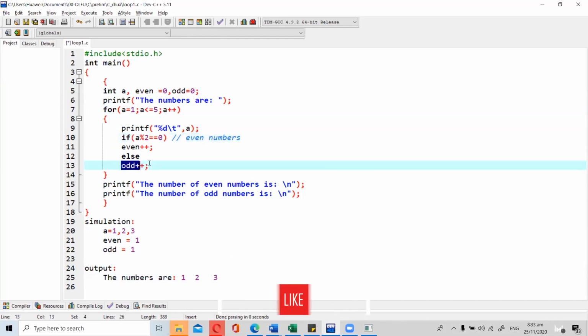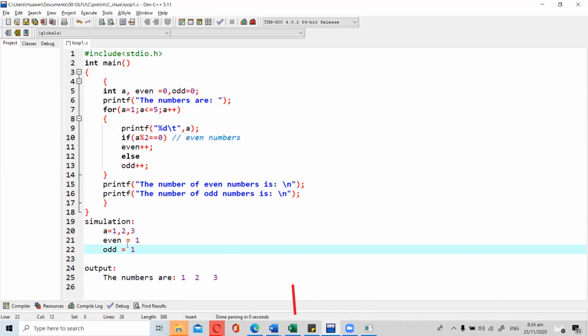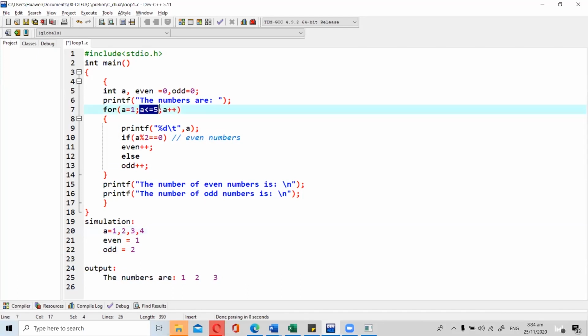So meaning dito po siya mapupunta sa else, which is mag-add tayo ng value sa odd, magiging 2 na siya. From 1, it will become 2. Okay? Then increment again the value of A. So A now will become 4. Is 4 less than or equal to 5? This is true. So since this is true,